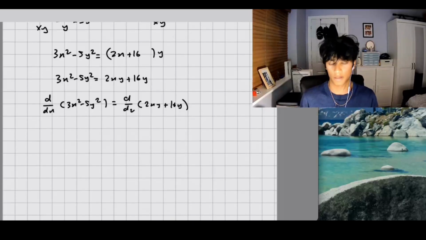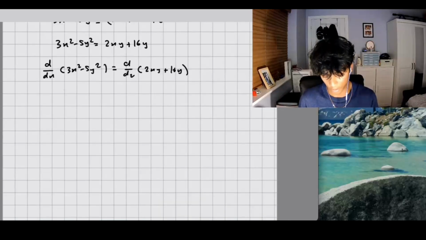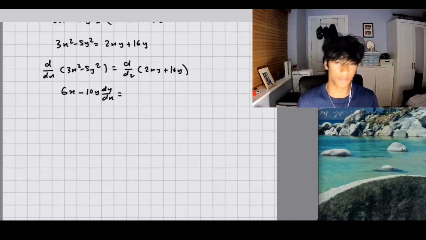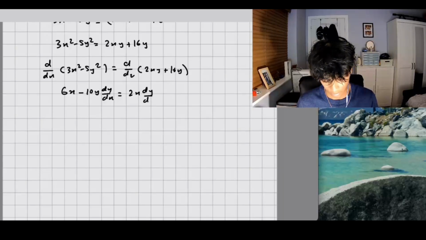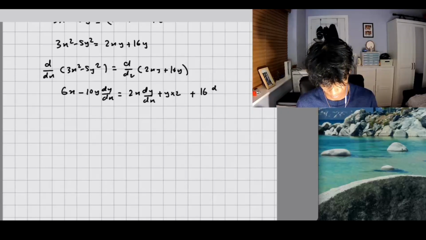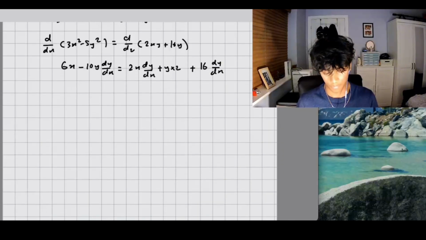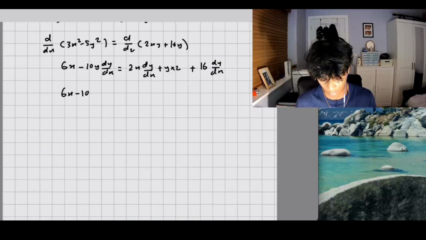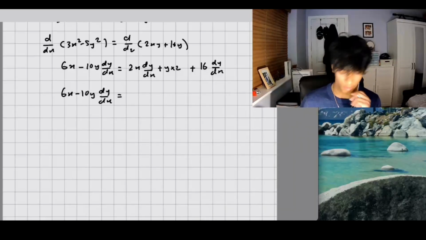Right. Then if we do that, we get 6x minus 10y dy/dx equals, right, this one we're going to have to use product rule to differentiate. So if we do that, it's this. Right, if we tidy this up, it's going to be,